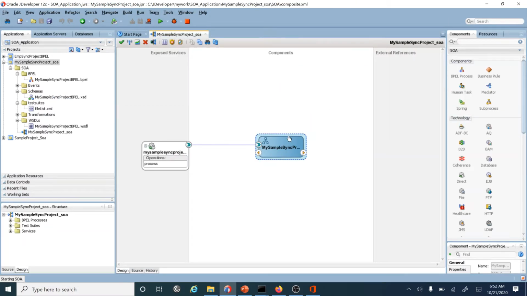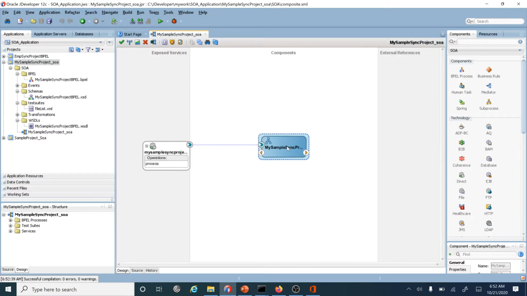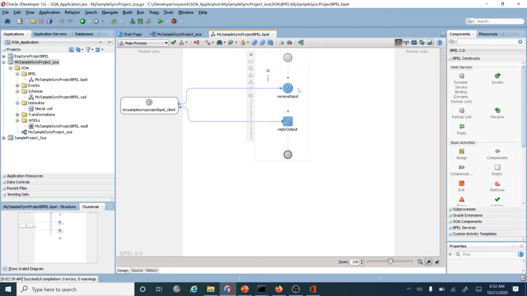Since we have the input information, two input parameters, we have to set the output because this is going to be a synchronous project. I will show you what information we are going to send. We are getting first name and last name. In the reply, I mean in the output, if any service is calling this service and the caller is sending first name and last name, and if the requirement is to concatenate first name and last name, then we'll use the assign activity here.